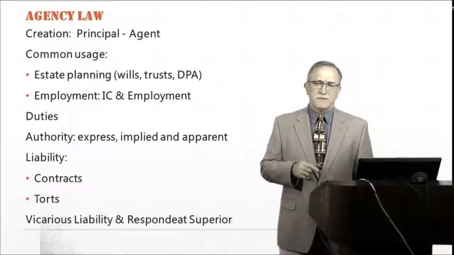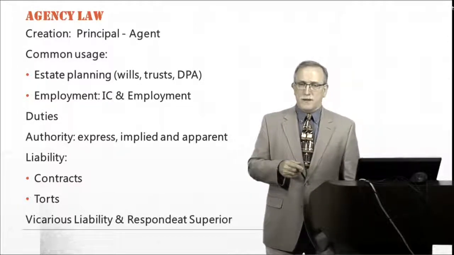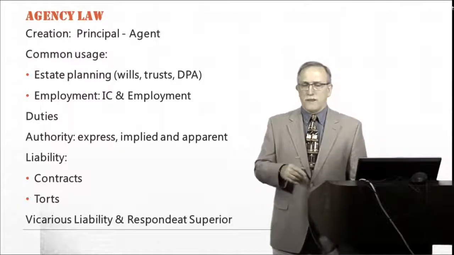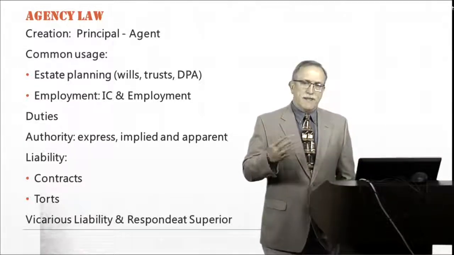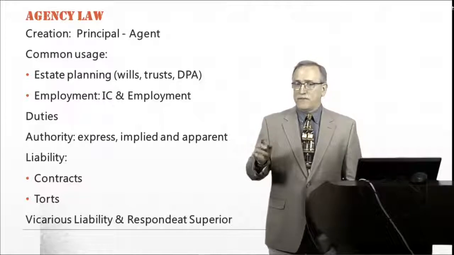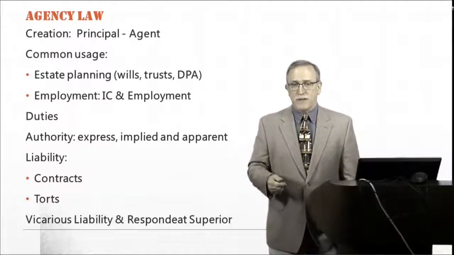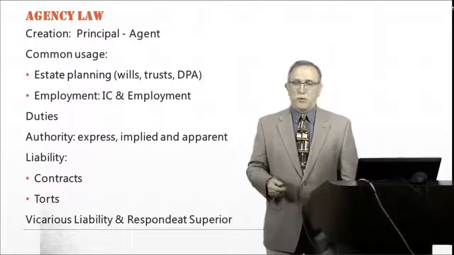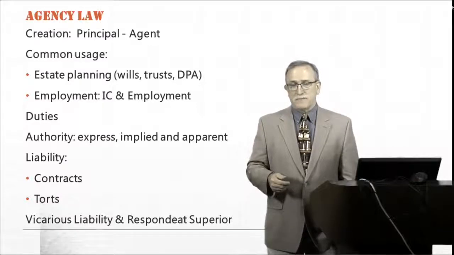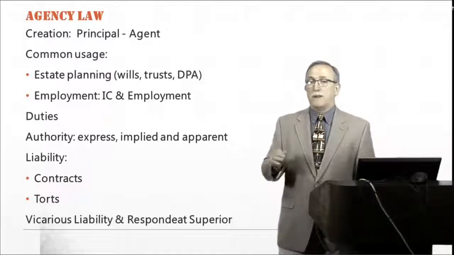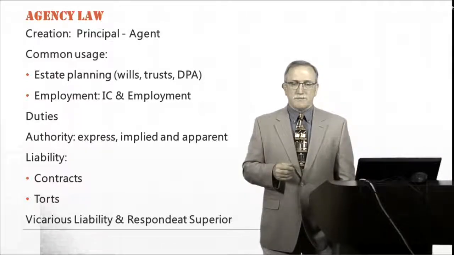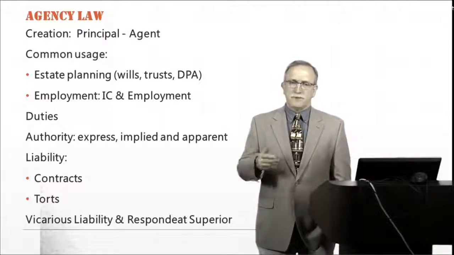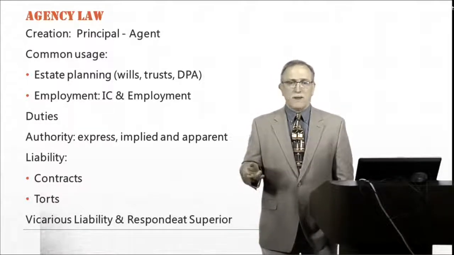The one that causes the most concern that you need to be aware of is this concept of apparent authority, where the principal, the employer, goes out and leads third parties to believe that this person is your agent, and therefore the third parties may be doing business with the agent thinking that you're going to be financially responsible for whatever the agent does. This is called apparent authority. Make sure you're aware of what that is. And again, the big deal here with understanding the distinction between an independent contractor and employee is liability,